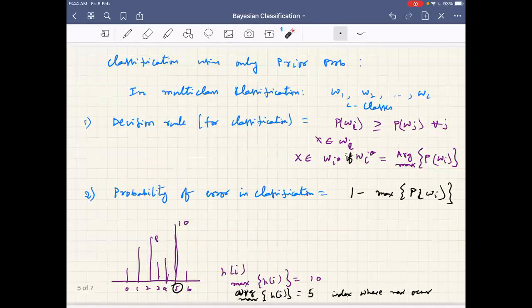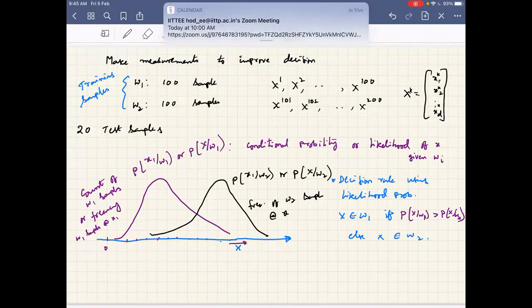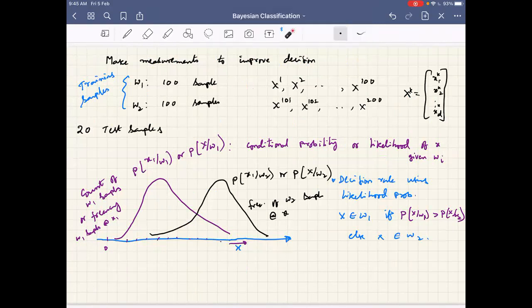Later, if I write P of omega given X, that also is the probability at a given X. Directly, it is the class probability. I am telling the probability of omega 1 class and omega 2 class. That is referred to as the posterior probability, and I will come to that. But for now, please understand that this is the likelihood and gives the probability at a given X, which says it is more likely that at a given X it belongs to the omega 1 class than the omega 2 class, or the omega 2 class than the omega 1 class. That only it gives.